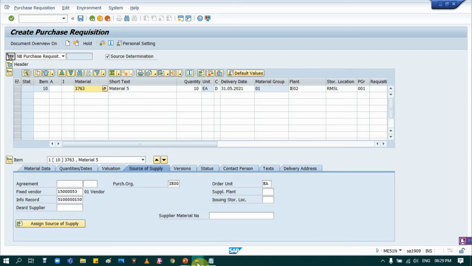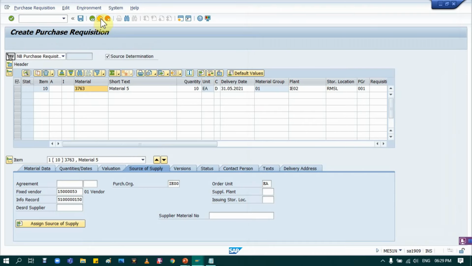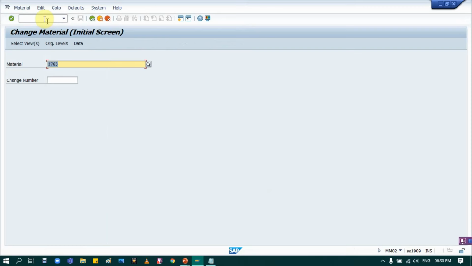Let's consider another material. Let's say this material. So what I will do, if for only particular material I want to use source list, how I can. So in material master there is one tick, source list. If we activate that, then system will ask us source list mandatory, but that's not in purchasing requisition, that's in purchase order, because that tick only useful in case of external procurement. PR is internal document, so it will allow us to create purchase requisition, but it will block while processing purchase order. So let's say this one material, I will consider this material,